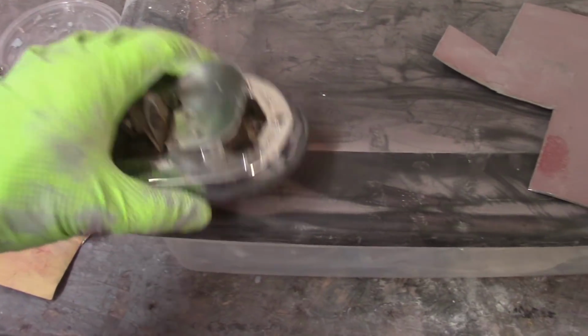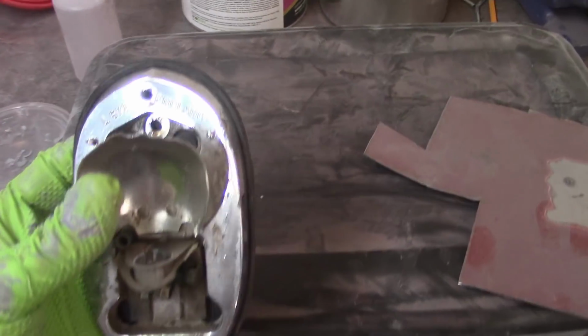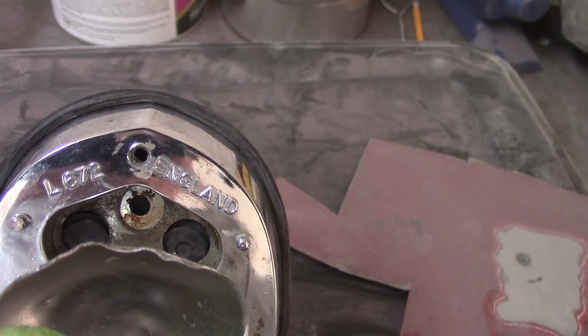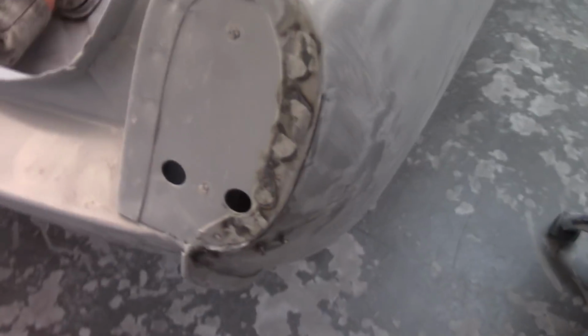Got the taillight assembly here, and if you want an example of poor workmanship on parts, you can see that hole right there, not the very topmost one, but the one right underneath it, and there's another hole underneath there. Those are the mounting holes for the tail lamp, into that hole there and that hole there, and you can see that the rubber on the back doesn't align with that at all. So I'll have to poke holes through that. Also, you've got two larger holes. I'm not really sure what those are for, but in the piece of rubber here,